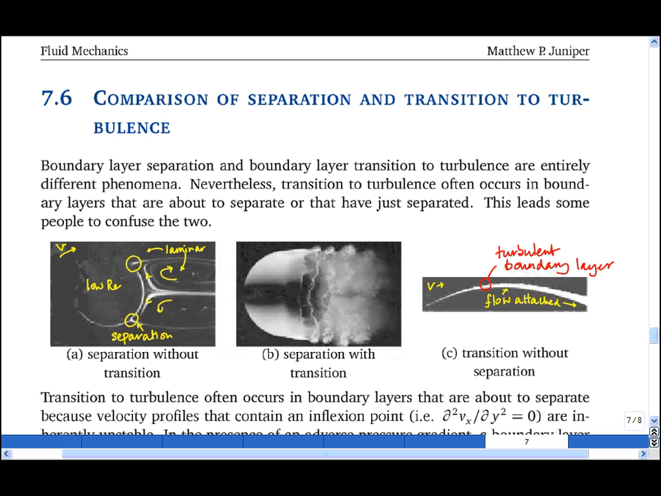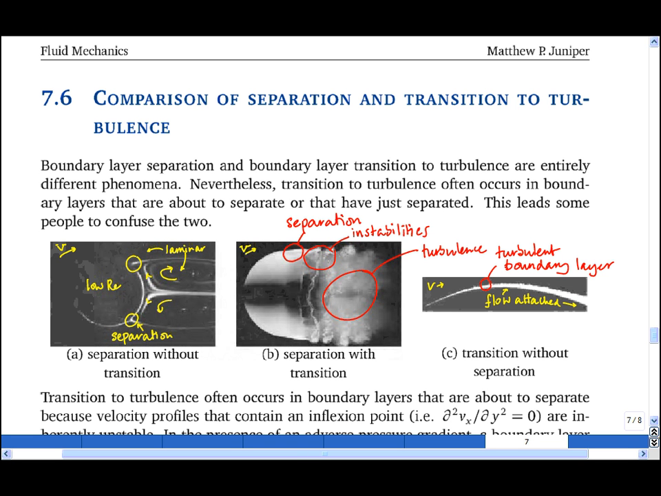The picture in the middle is of a flow again from left to right around a sphere. Here we can see boundary layer separation at this point, followed very quickly downstream by instabilities that then lead to turbulence. So this is an example of separation with transition to turbulence. And I hope that these pictures demonstrate that you can have separation without transition on the left, transition without separation on the right, but that often you get separation with transition, and it's that middle one I want to focus